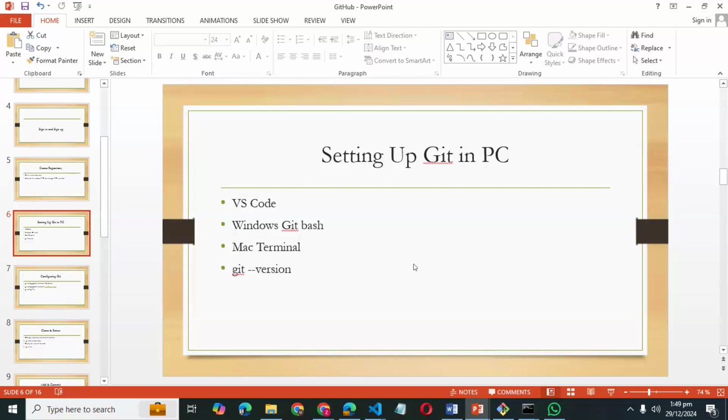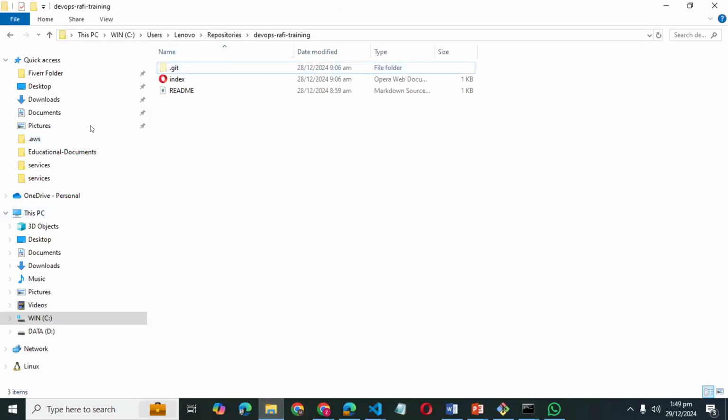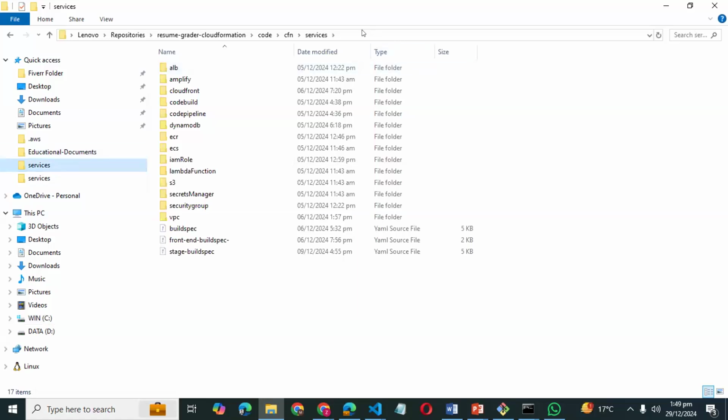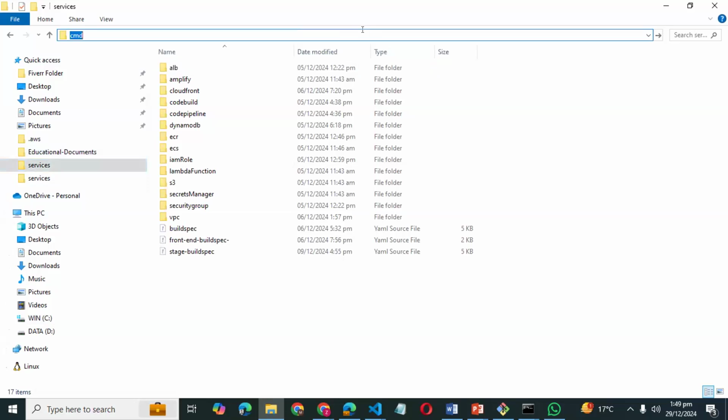And you have to move into the particular folder where you want to clone it, right? Let's suppose I want to copy the GitHub repository into my services folder. So I am going to open this folder in my command prompt.